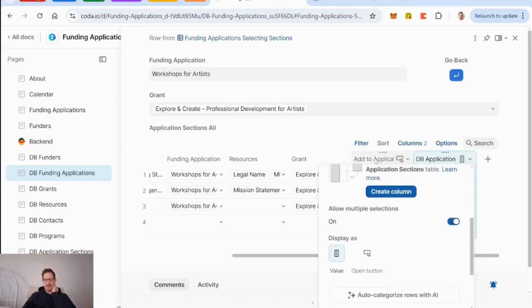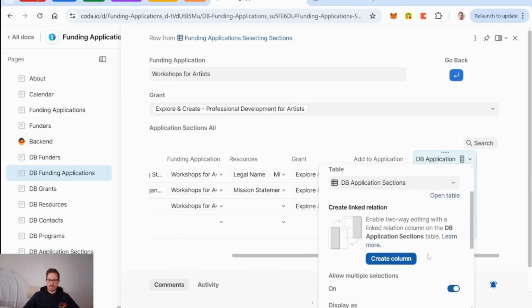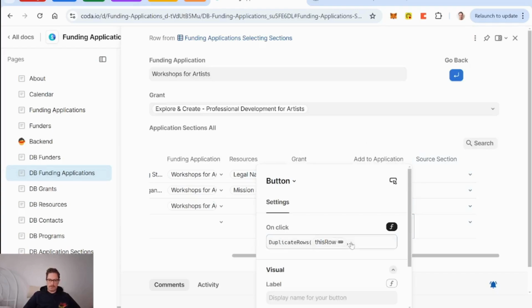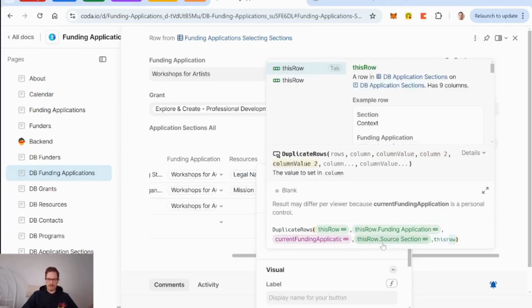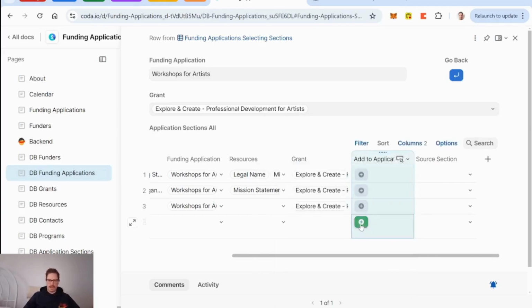Allow multiple sections. And when this button is clicked, I want to add, actually, I guess it only needs to be one. Right, so it'd be like section source, or like source section. So duplicate this row, but I want to add source section will be this row. So now when I add that,